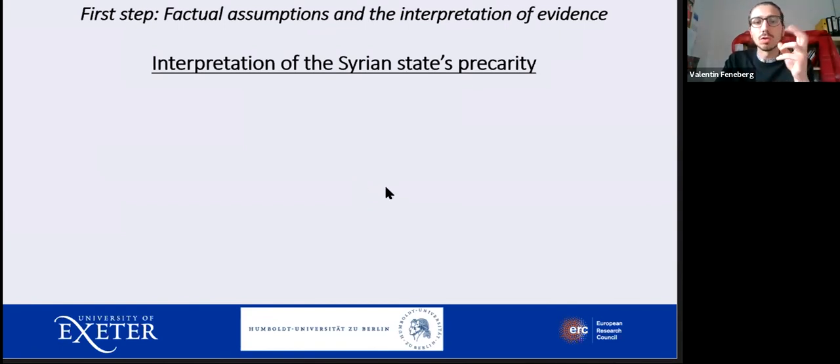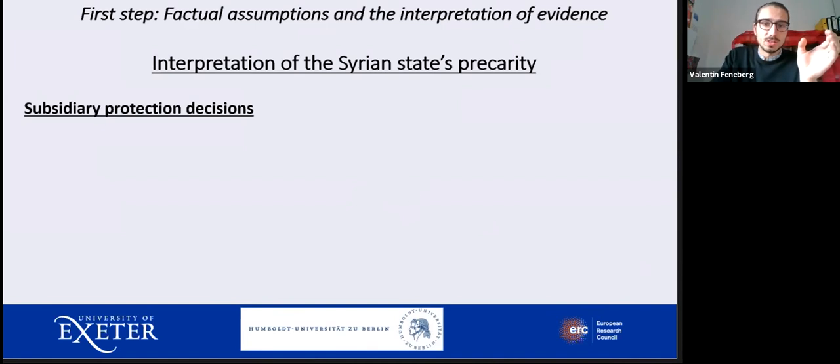The first fact or evidence is the interpretation of the Syrian state's precarity. It is overall accepted that between 2016 and 2018, there was a high pressure on the Syrian state, so to say, and that this state fought for its existence. So on the one hand, subsidiary protection decisions, those rejecting the refugee protection, argued that the Syrian government has to ensure its continued survival, mainly a military interest in returning draft evaders, because the state needs these men for combat and has no interest, objective interest, is one quote,